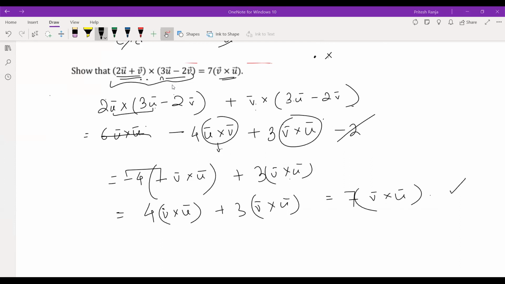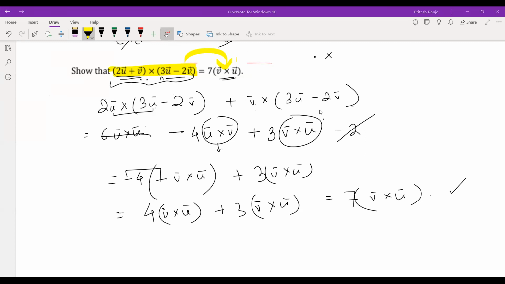There is no other way other than to expand. There is no other way. Only one possibility we have, that we can expand the terms on the left hand side to get the right hand side. Without expansion there was no way. Another one we will do. So is this question clear?